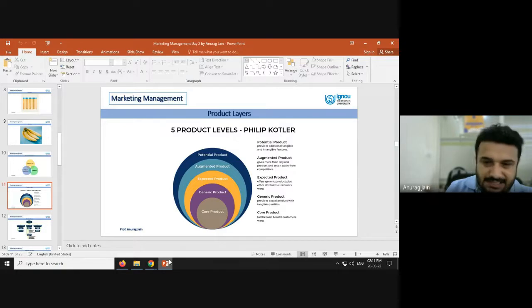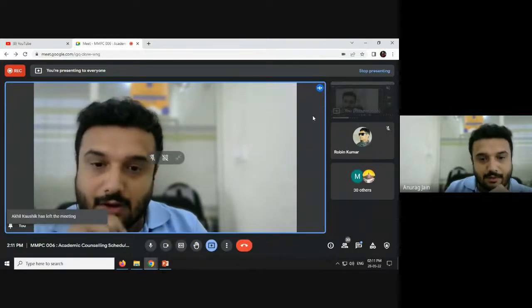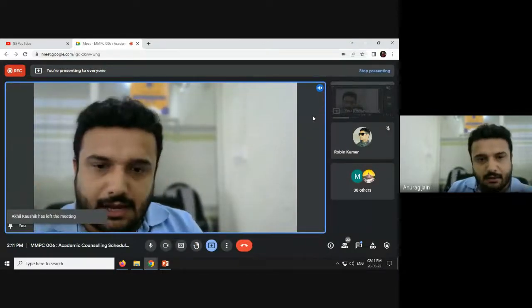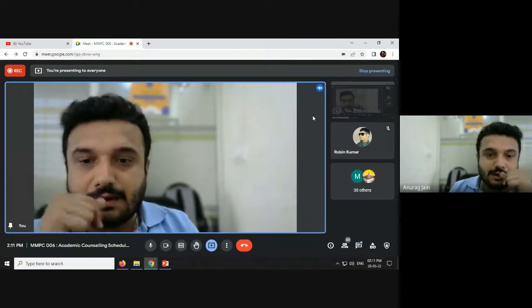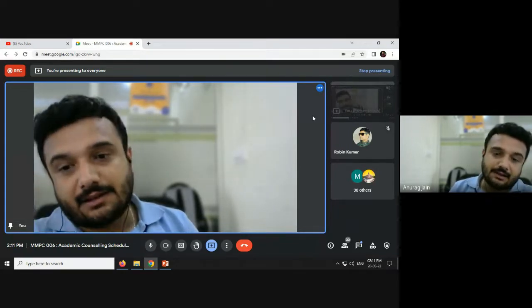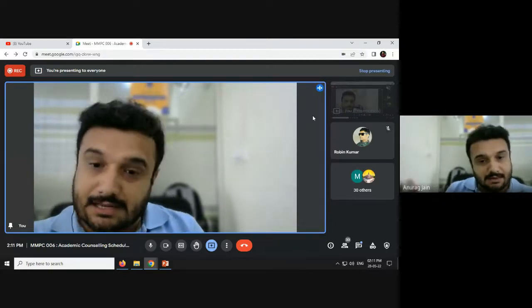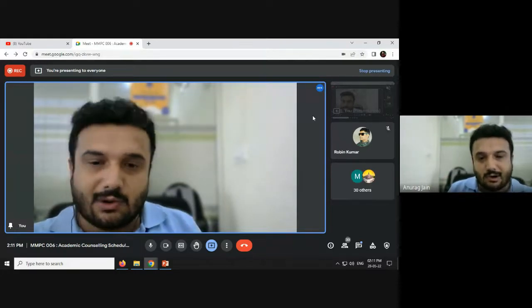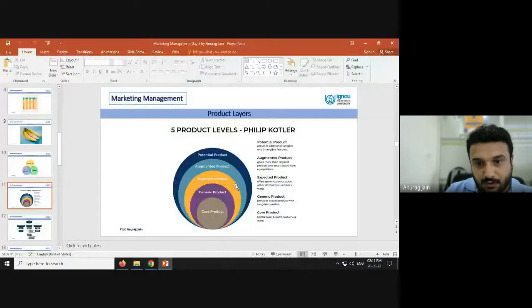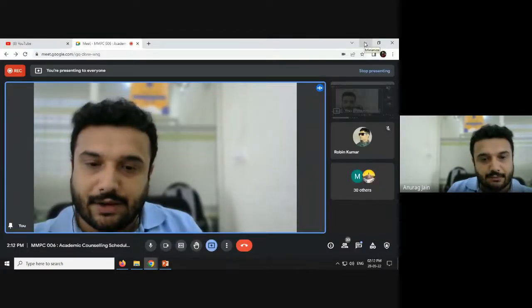So the product is not just physically sound, but there are some features which are helping you make your life easier. So this can be termed an augmented product. And in case of any kind of product, there is a possibility this level can be achieved. But I am saying one thing: it is not the case that each and every product is going to reach the augmented or potential level. There are some products which are not going to reach that level, because the capability these products have only fulfills the expected or generic product level. Are you getting my point?